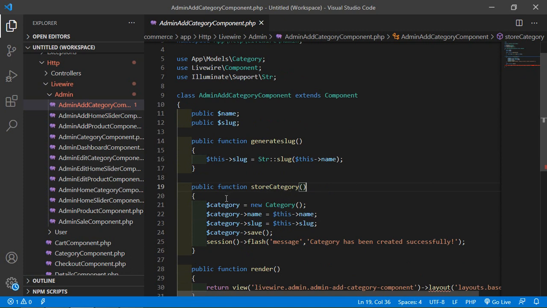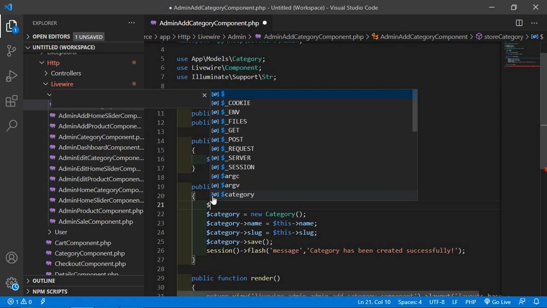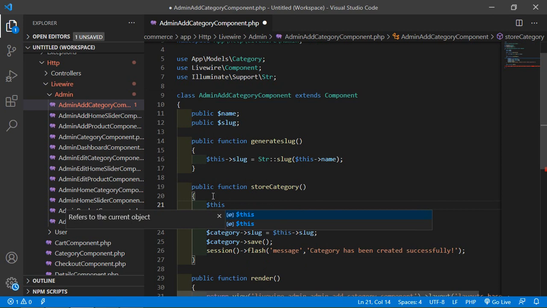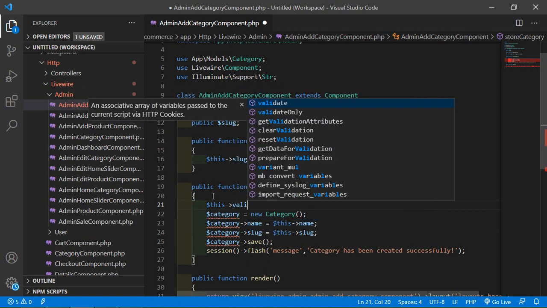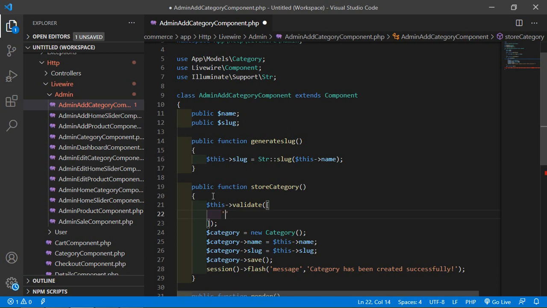For adding the validation inside this method, let's add here $this->validate method,